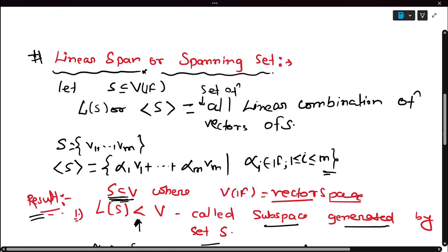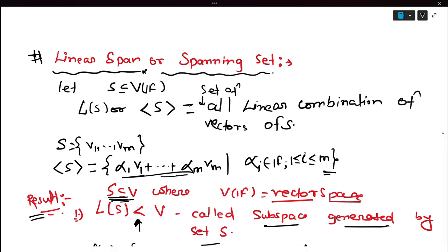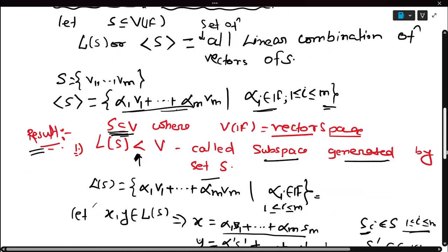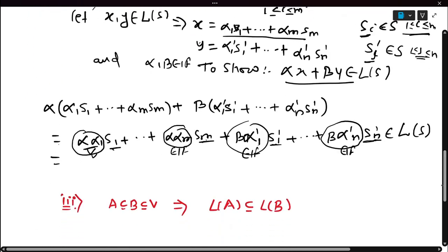An element of L of S is a linear combination of elements of S, where alpha 1 up to alpha m are from the field F. So this will belong to L of S. This will imply L of S is a